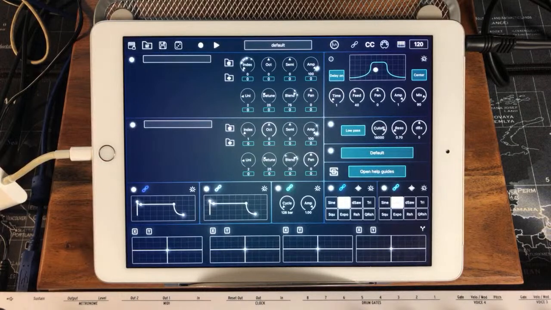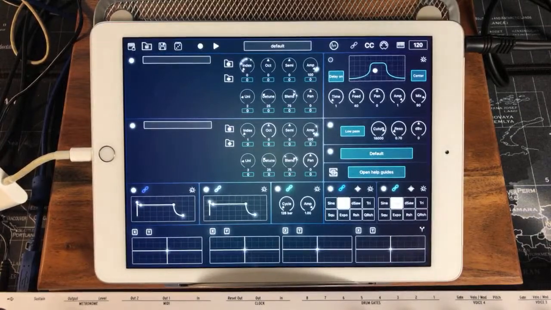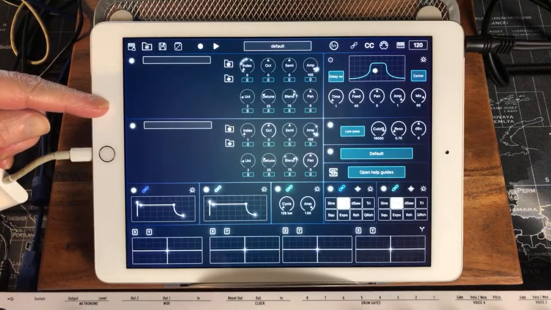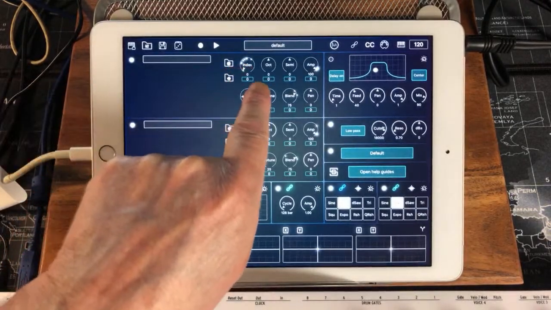Now, here's a bug. I've noticed a couple of things with this, right? I couldn't get it to work with my audio interface. Although, to be fair, I can get it to work with MIDI keyboard, so that's no problem. I'm not actually driving any audio into it. But it wouldn't work with my audio interface. And also, you'll see all these